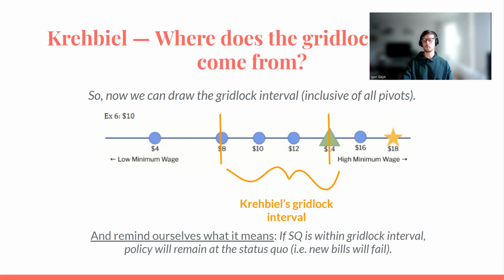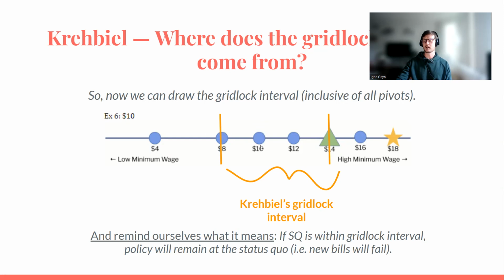And so, moving now to the case where we are saying that there's a supermajority requirement, that rather than just 3 votes to pass a policy, you need 4. Okay, so in this supermajority version of the world, we can define the gridlock interval now as, instead of being